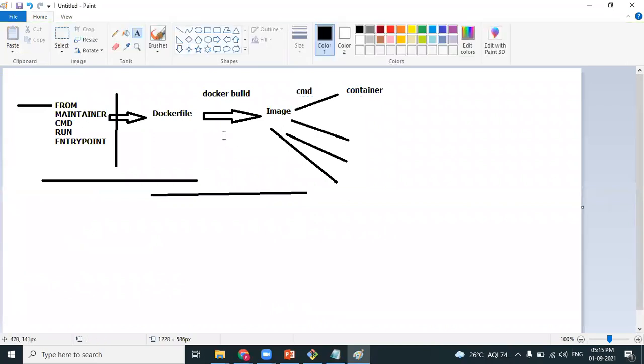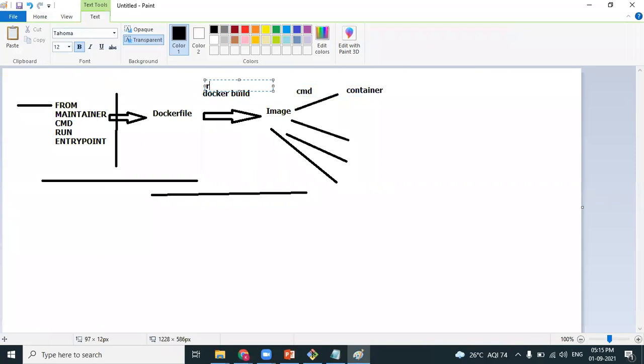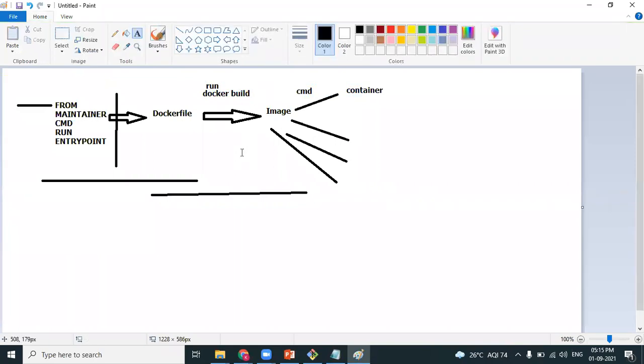Whereas the RUN instruction gets executed when you are building an image from the Dockerfile. The timing is different. The CMD instruction gets executed when you're creating a container, but the RUN instruction gets executed when you're building an image.